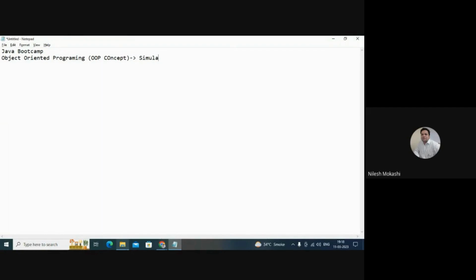The first language which implemented object-oriented programming is Simula. Then C++ was the second language to implement OOP concepts. The third one is Java, the fourth is .NET, the fifth is PHP, and the sixth is Python. So you can see so many languages using object-oriented concepts. Why? Because it is a building block for developers. If you understand object-oriented programming concepts, you will be very much on the track of development. So I will mark it as 1.